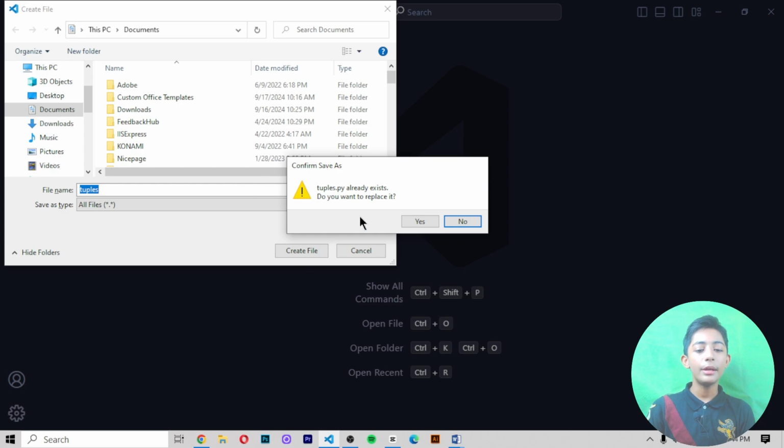This pop-up shows that the tuples.py file already exists and asks whether I want to replace it. I'm replacing it because there is no important work in that file, so I'm pressing yes. If you have important work in it, please press no.